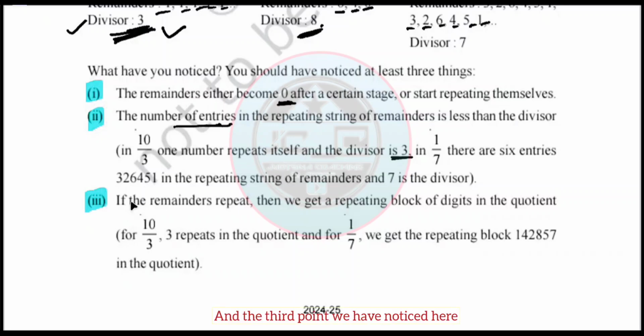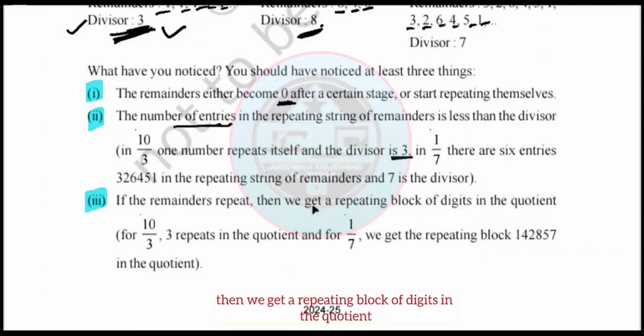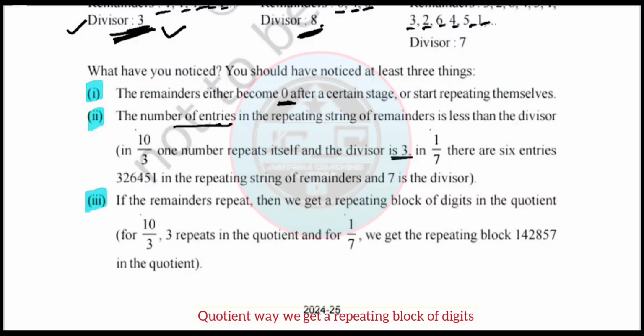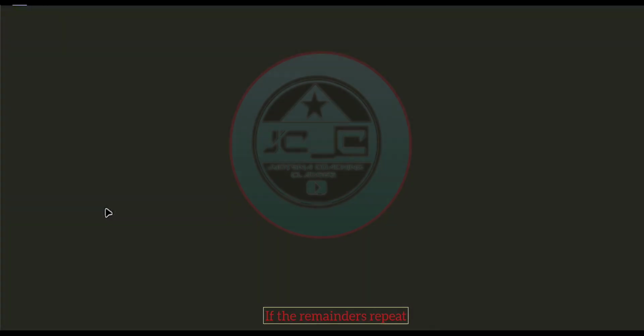And the third point we have noticed here: if the remainders repeat, then we get a repeating block of digits in the quotient. If the remainders repeat, then we get a repeating block of digits in the quotient. So the third point tells us that if the remainders repeat,